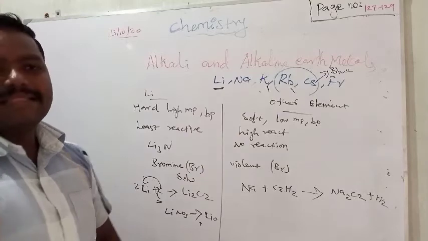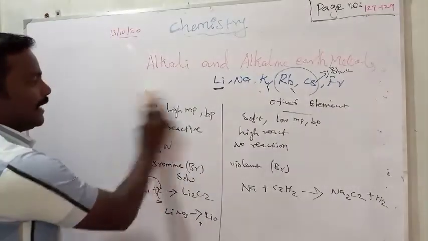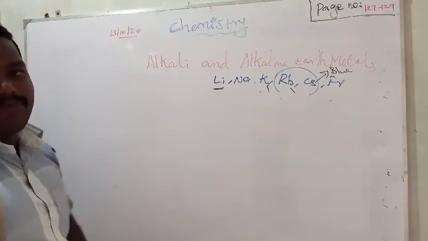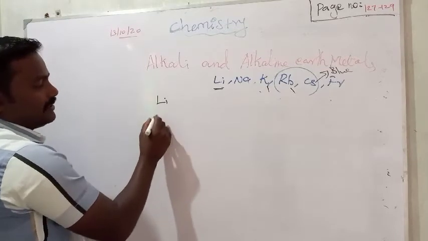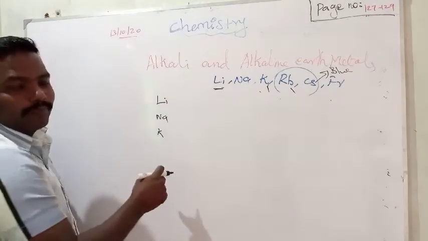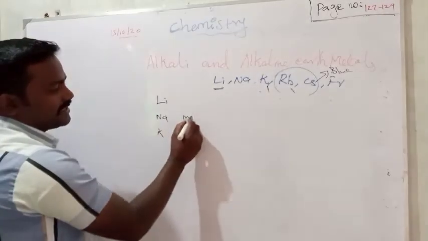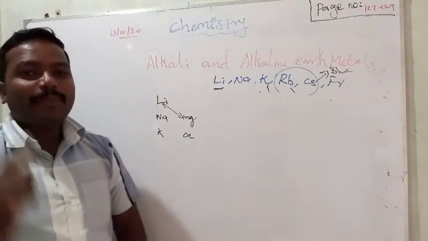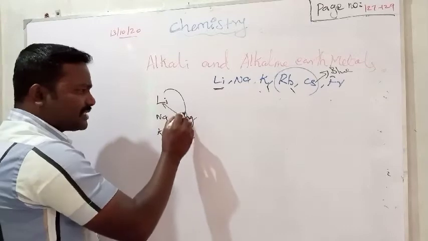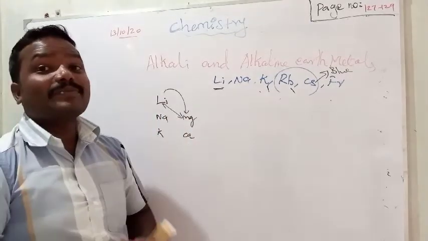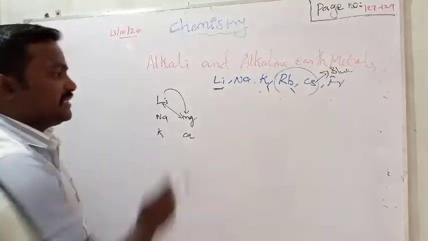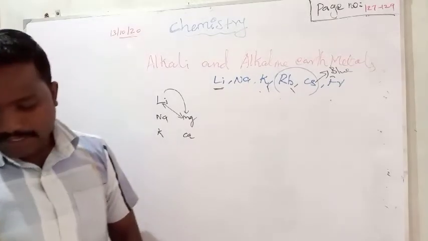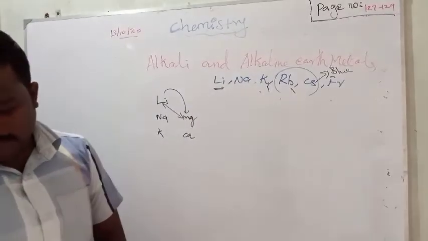See, the similarity between lithium and magnesium. The diagonal relationship we already studied in the previous lesson, on the periodic table. If you compare lithium, sodium, potassium in the first group, right? And the second group, magnesium, calcium. Lithium and magnesium are diagonally placed, and because of some similarity they have similar characters. Lithium and magnesium are diagonally related and have similar properties. So what are the similar properties of lithium and magnesium?